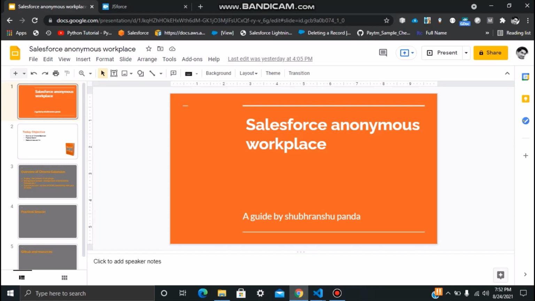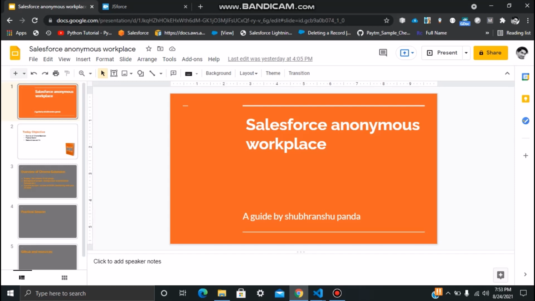We are not going to do anything out of the box in Salesforce. In today's session we are doing a Salesforce Chrome extension, which you can develop on your own, and make sure you can do it yourself by the end of the session. You can run your SOQL query, you can run your anonymous code with your workplace, execute it from there, and get the result over there only. You do not have to go to any Salesforce tab and open the developer console or anything. Let's start today's session.